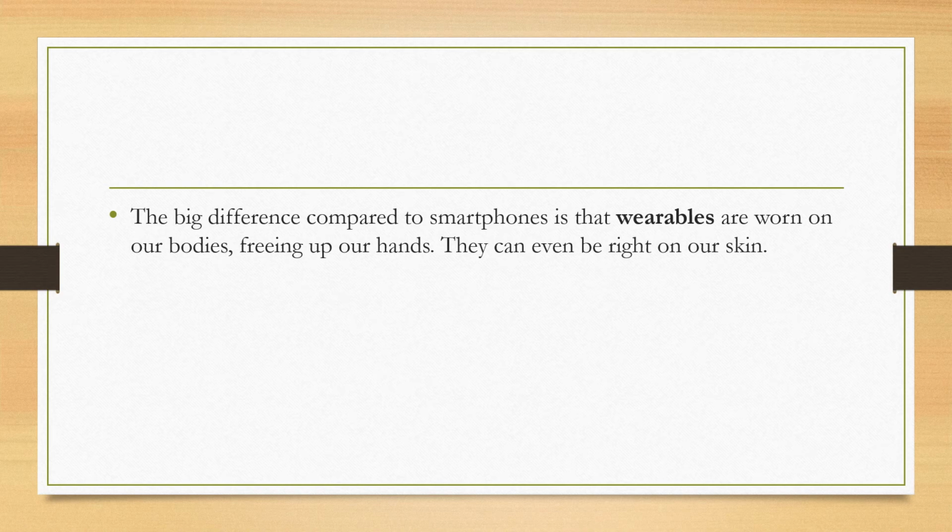The big difference between the wearables and the smartphone is that the wearables are worn on our bodies, freeing up our hands. They can even be right on our skin. For example,